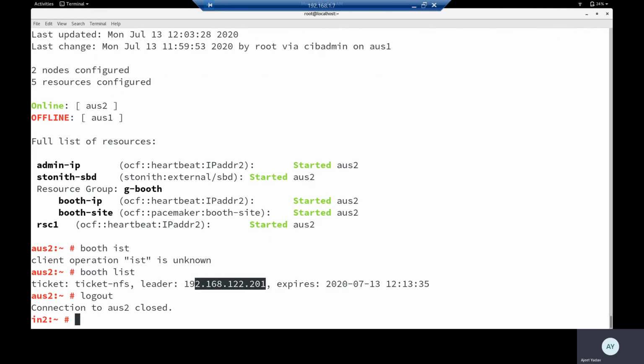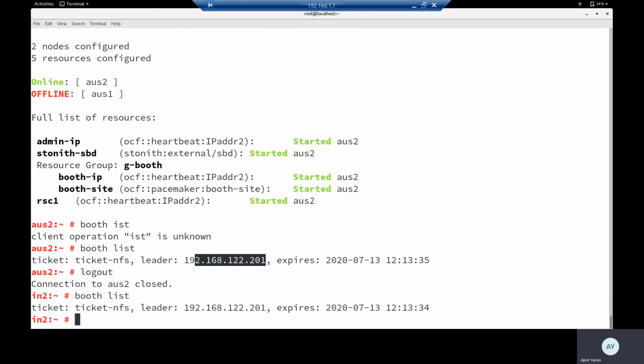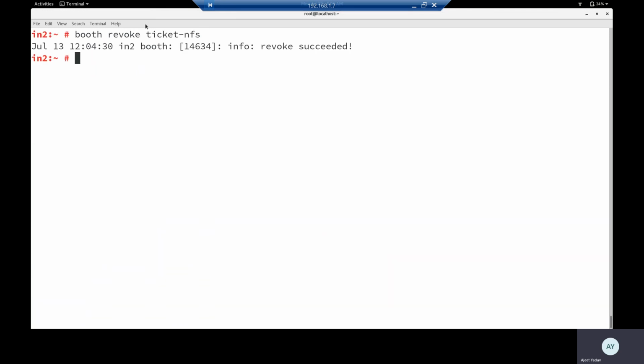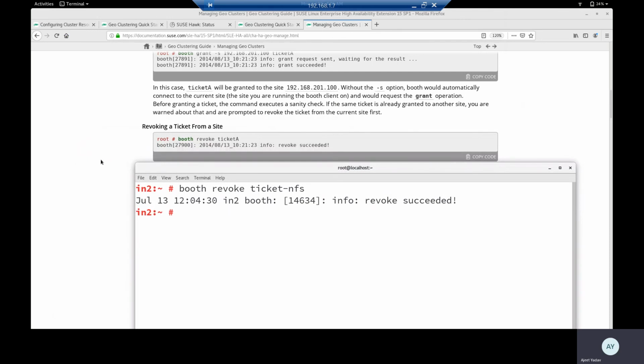If I check here in India, booth list, yes, it is the leader. If I have to revoke it, we run booth revoke and the name of the ticket is this one. Yes, it is revoked, and no one is leader now.